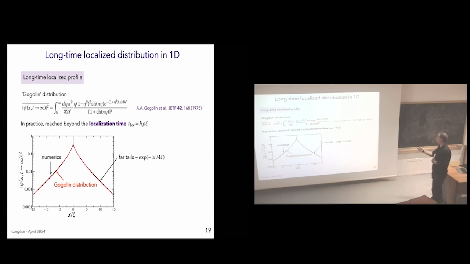It was obtained in 1975 by Gogolin, who really applied the Berezinskii technique to obtain the result. You see that it's a bit more complicated than just an exponential. Okay. So here I show you for comparison the numerical simulations of wave packet spreading. So this is the shape of the wave packet at long time in 1D. I showed you before. And on top of it, the Gogolin distribution, you see it works very well. So as I said, the shape is not a pure exponential, but is close to exponential in the far tails,